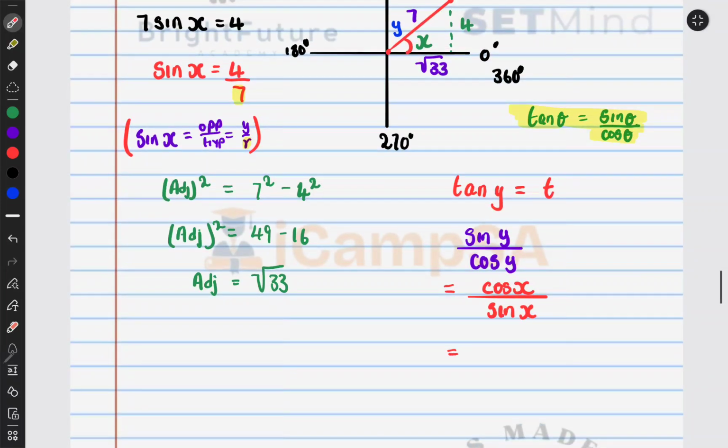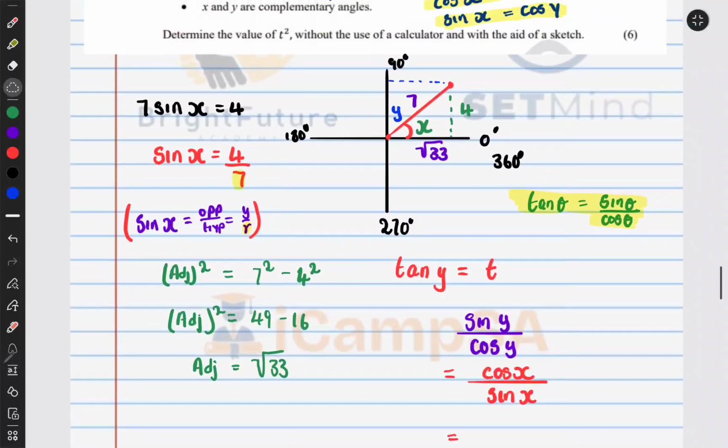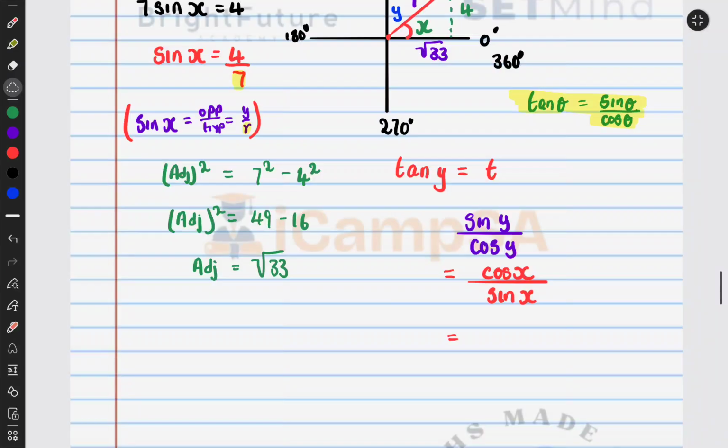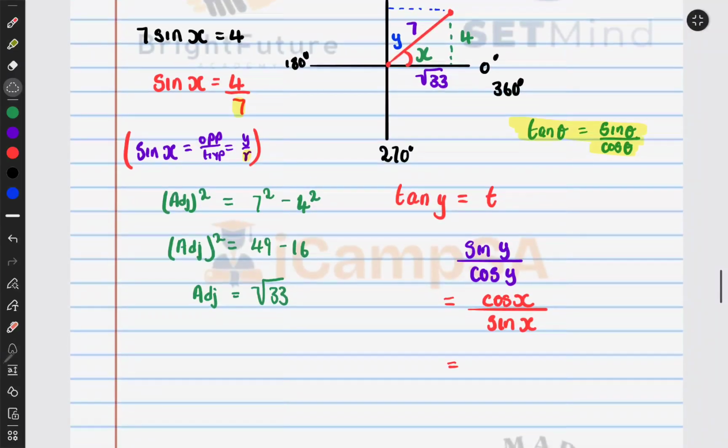Therefore this is going to be what? Let's put it here. Cos x. What is cos x? Cos x is adjacent over hypotenuse, which is root 33 over 7. We have root 33 over 7